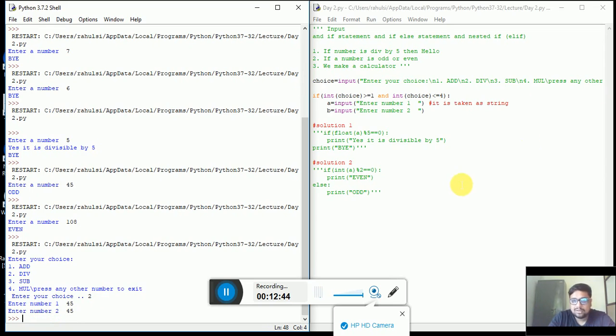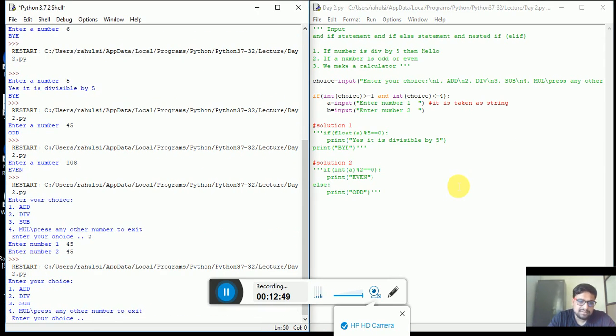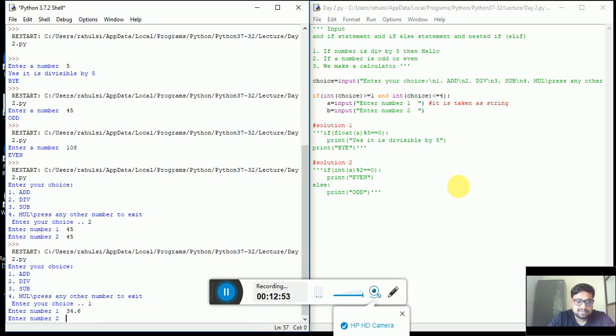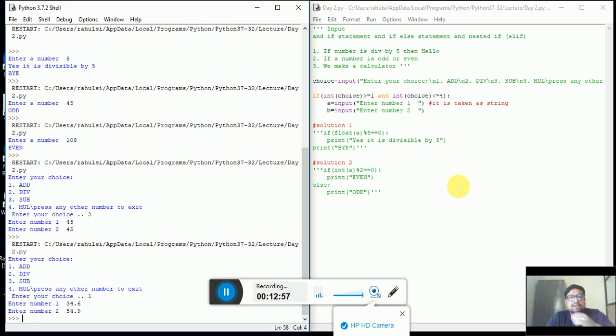Okay, now again, what happens if I do Control S, F5? Again the same thing will happen. I did add, I want to enter 34.6 and 54.9. You convert them as integer. And what happens if I do